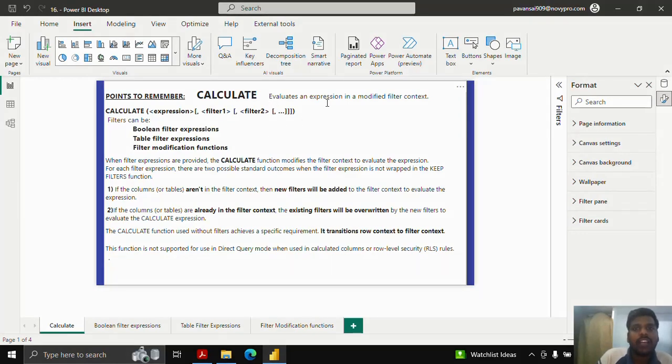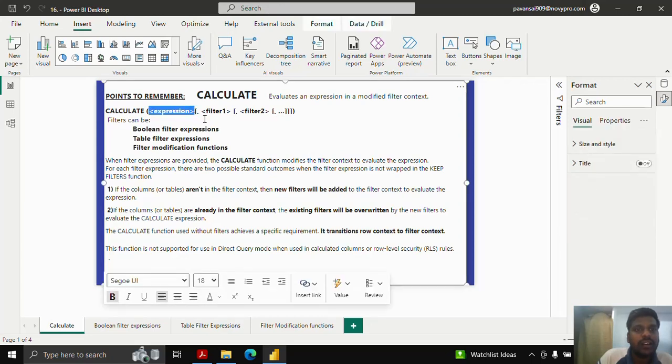Calculate function evaluates an expression in a modified filter context. In calculate function, the first parameter is the expression. This expression could be a measure, or the aggregation functions which we could use. And the other parameters, filter 1, filter 2, these are the filter conditions or filter expressions which we provide